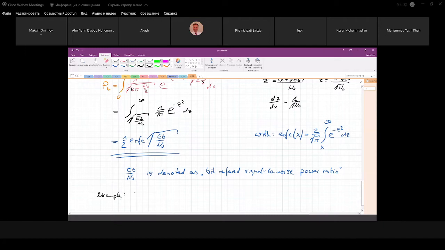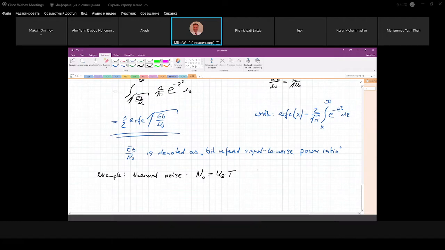So if we say we have thermal noise, then the power spectral density, in the best case, as I mentioned in this example before, is Boltzmann's constant times the absolute temperature. Let's say T is 300 kelvin. It's just a temperature. I want to make this example short. And this is Boltzmann's constant. And then you could say, if I take a look at this, let's denote the required